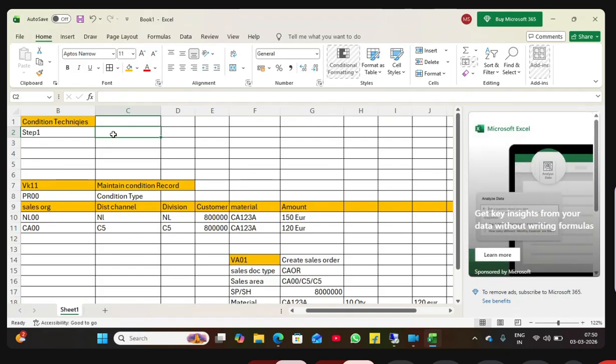They will ask you in the interview, what is meant by condition technique? Based on your learning and your practice, you are supposed to remember. The condition technique contains the condition table, access sequence, step 3, condition type.